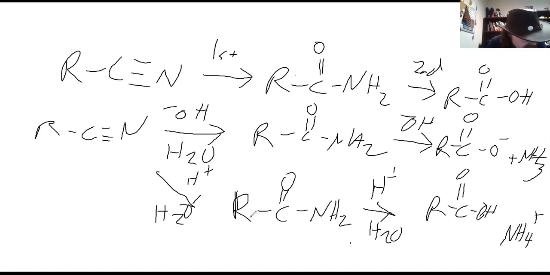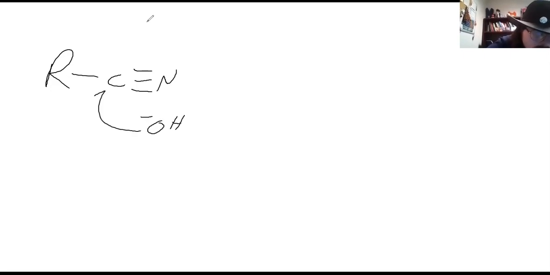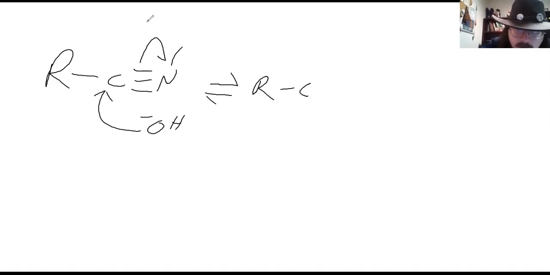So, okay, what is the actual mechanism? What is actually going on? How do we just magically add all those fun things onto there? So let's look at it from a basic perspective. R, C, triple bond N. So first things first, the base attacks the carbocation. Shift that down to form a hydroxyimine. So C, O, H,